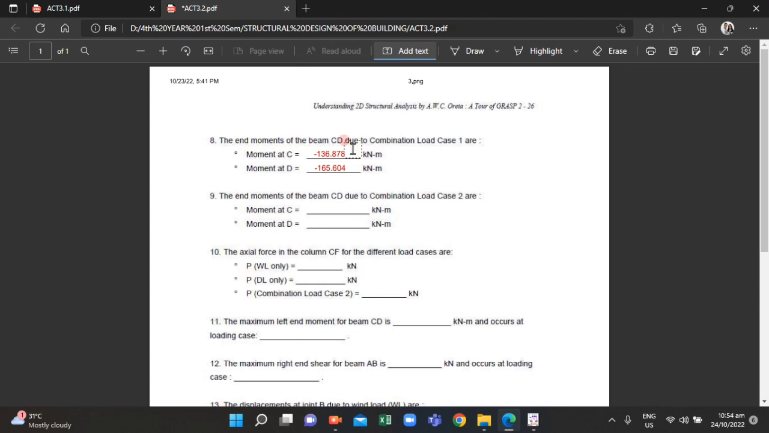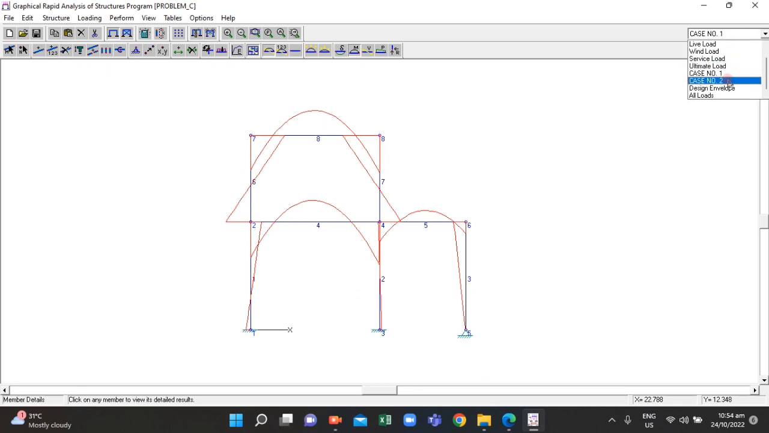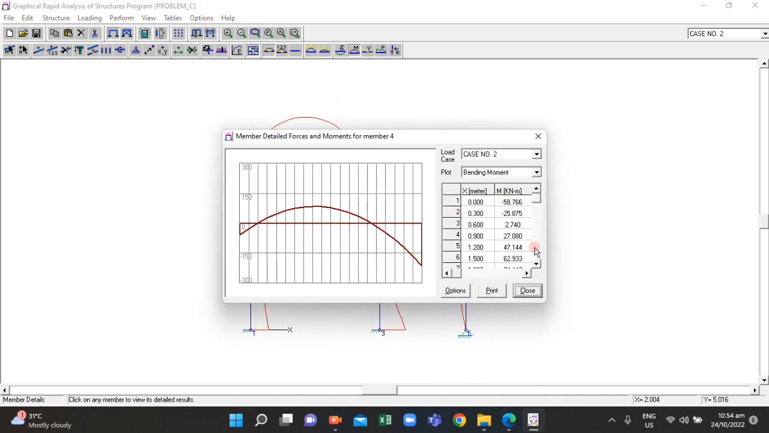It's the same member in our structure, a member from node 2 to 4, but on a different combination load case. So it's load combination number 2. I'm gonna check case 2. Still at our moment diagram, you can pick this member and determine the end moments. In the same manner, our end moment at C, at 0 meters, is negative